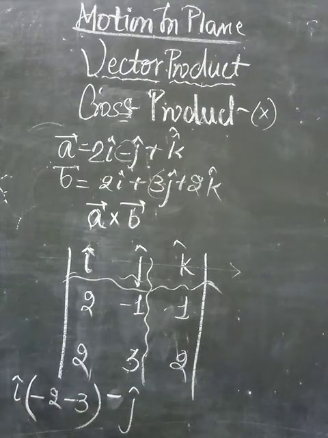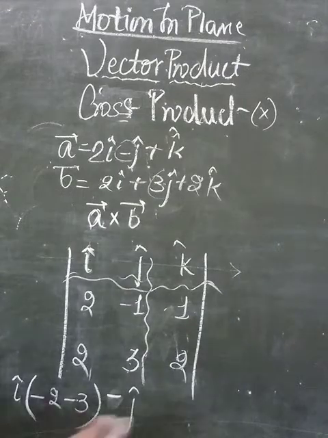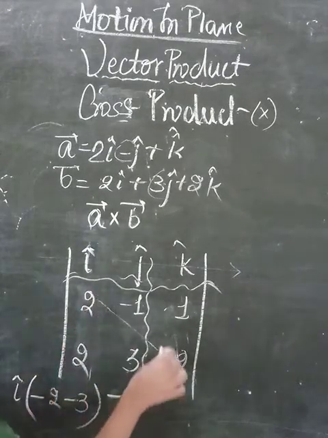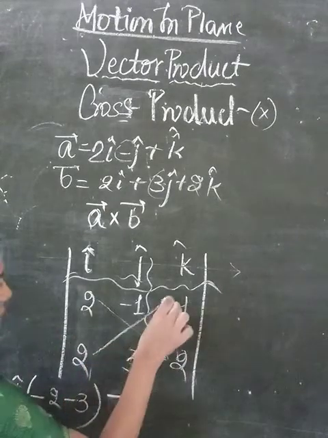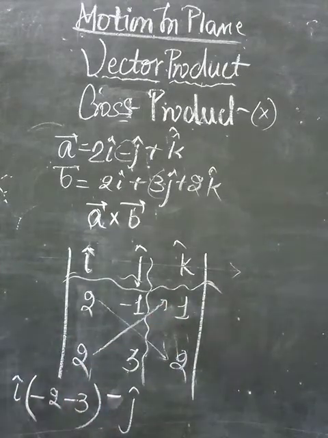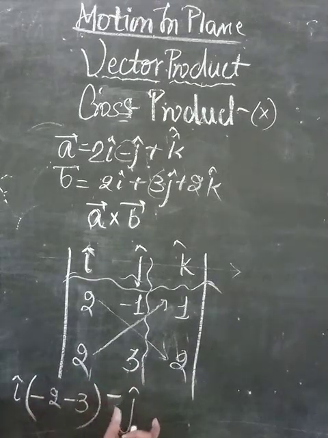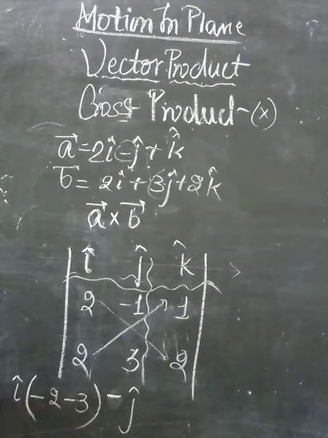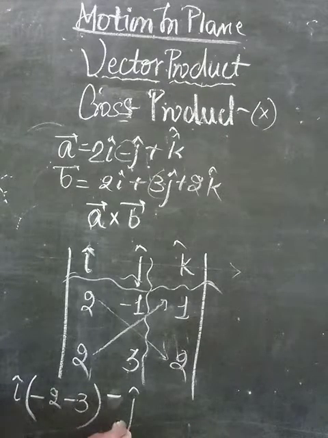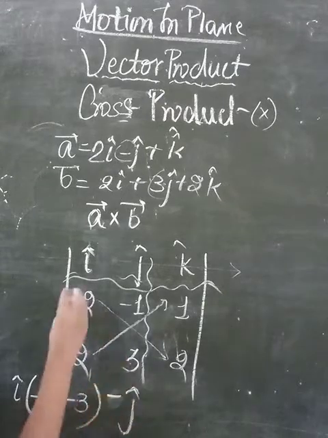If we are not using the negative direction, then we would have to multiply in a different way. So don't do that, because you have to remember that the cross used to go like this. So you have to write it here as minus j. And if you want to write plus j, then you have to just reverse the direction of the vector, or you can just interchange the rows and the columns. If the i and the k columns are reversed, then we can write it as plus j. But it will be complicated afterwards. So use this type of product, where you write the minus j and start multiplying.